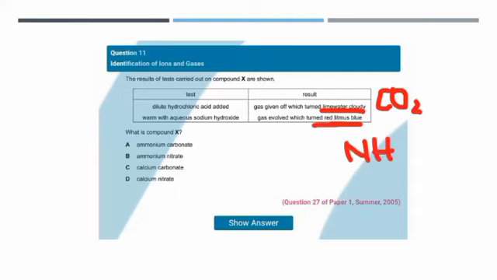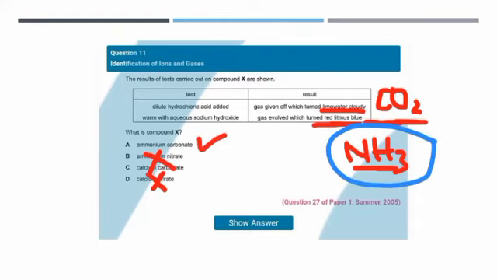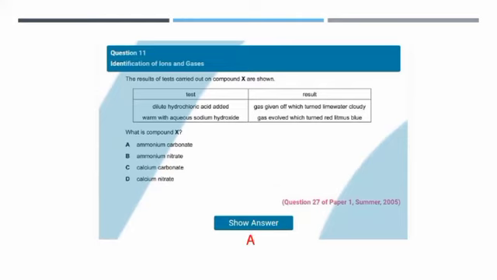We did that. That's ammonia gas. We just did that as the last test for gases. What is compound X? Calcium nitrate? No. There is no calcium nor nitrate in these two substances. Calcium carbonate? No. Ammonium nitrate? No. Ammonium carbonate? Yes. Why? Because I have ammonium over here, ammonia, and with carbon dioxide, it's going to form ammonium carbonate. So what's my answer? A again.